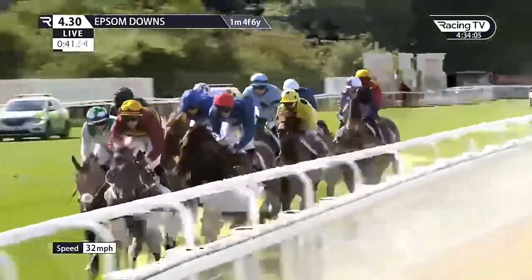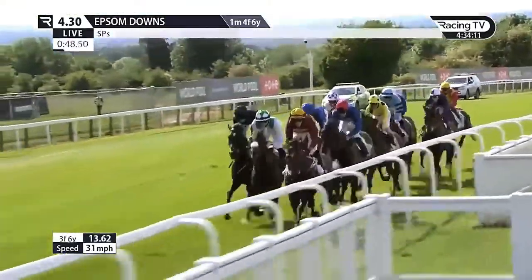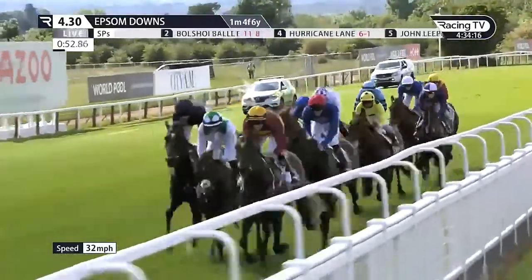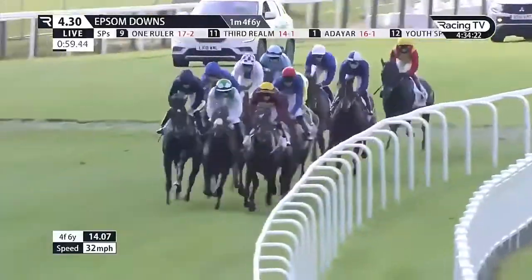And it's Gear Up that gets across to the rail to lead from Youth Spirit in second. In the red cap is Adayar and Adam Kirby alongside Hurricane Lane. The favourite is on the outside, 3 wide in the hands of Ryan Moore. In the dark blue jacket, sitting third, chasing the leaders, McSweeney with Third Realm round the inside as they begin